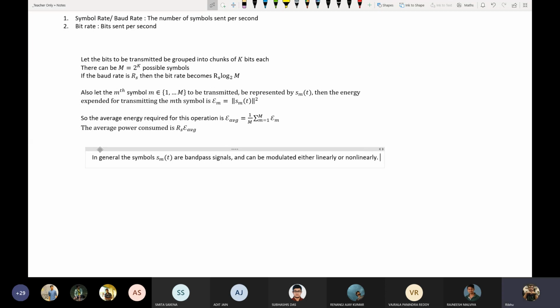So the meaning of linear and nonlinear modulation in this case will become clear eventually, but we will start this discussion with a simple linear modulation scheme known as amplitude